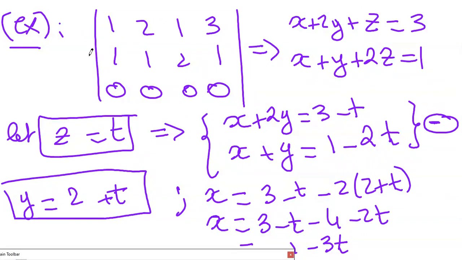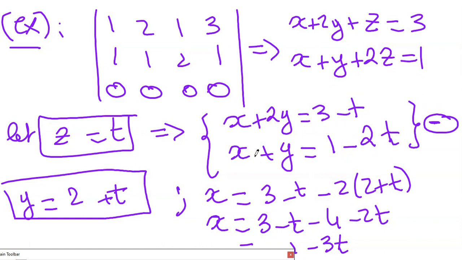So, as I already did what I wanted to do, here I got 0, 0, 0, 0. In this case, my system becomes a system of two equations with three unknowns. Then I will let z be equal to t and replace it by t. So I will get x plus 2y equal to 3 minus t, and x plus y equal to 1 minus 2t. In this case, I need to eliminate to find x or y. If I subtract those two equations,